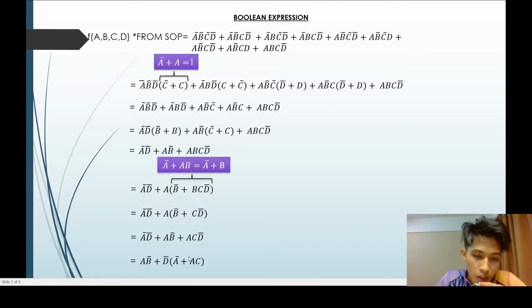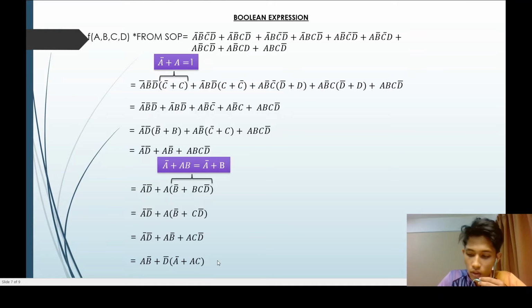So like the situation before, we can see A bar plus AC. This one is A, this one is A, but this one is bar. So we can see that A with no bar is at the right side with the other input. So this A with no bar will be eliminated, and A bar here still stays, and C also stays, following the Boolean